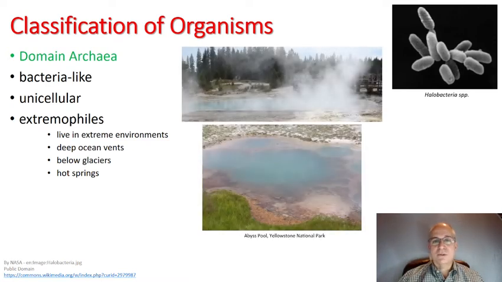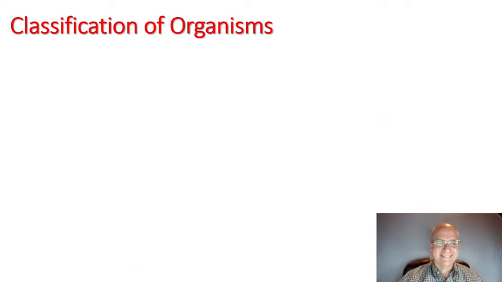And then when I went to Yellowstone, about a year and a half or so ago, we went and visited some of the hot springs. And at Abyss Pool, it's so hot you can see it's giving off steam. So it's pretty close to the boiling point of water, 212 degrees Fahrenheit or 100 degrees Celsius. And as you can see, because of the different colors in here, there are archaeans that are able to live in water that is almost boiling. That's a pretty extreme environment.